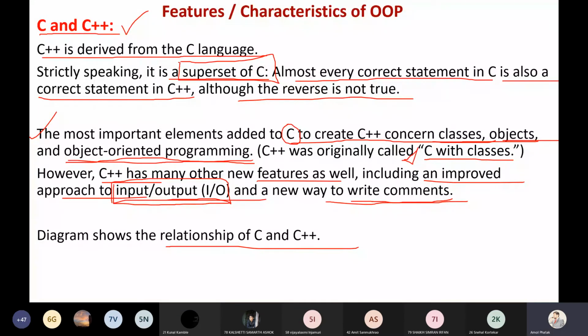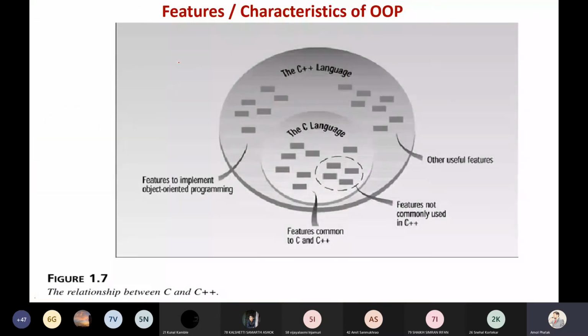So just move to the diagram. Next diagram: the relationship between C and C++. Here you can find, suppose this is my C programming language. Then this is my C++. That's why I say it is the superset, and this is my C++ programming language. Here I have shown features not commonly used in C++, meaning there may be some features, some part of the C language is